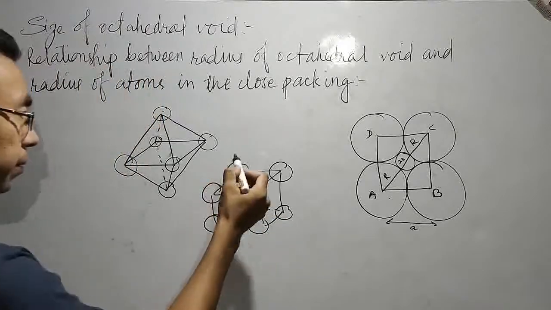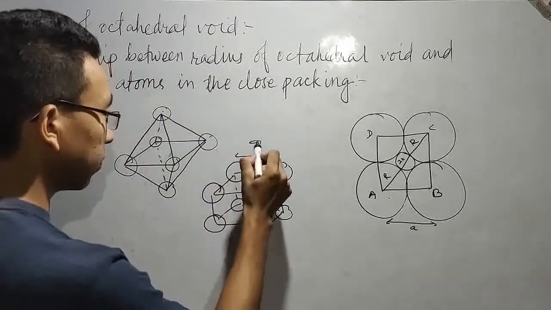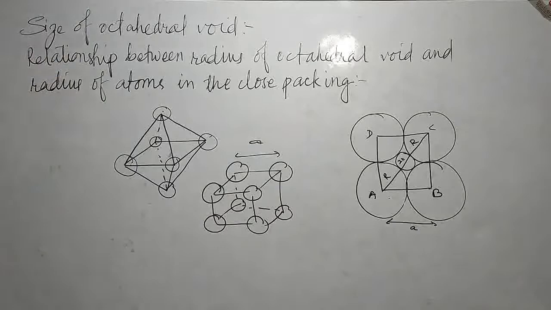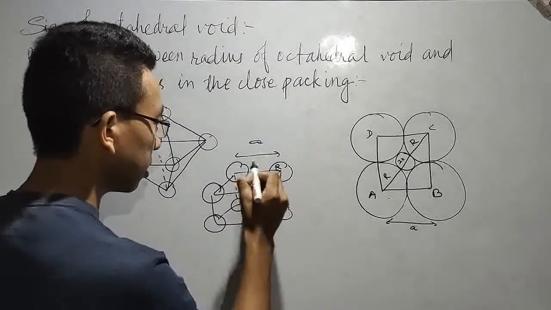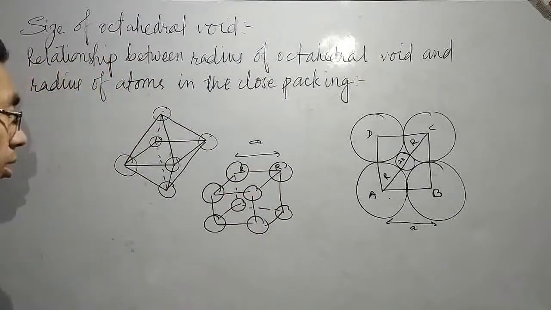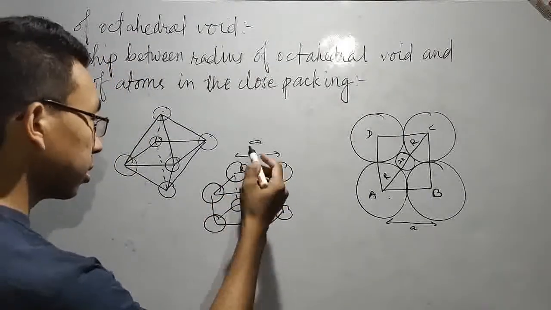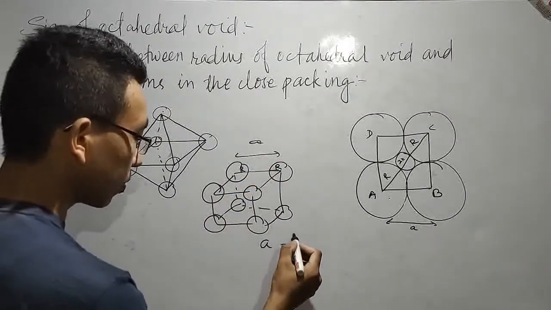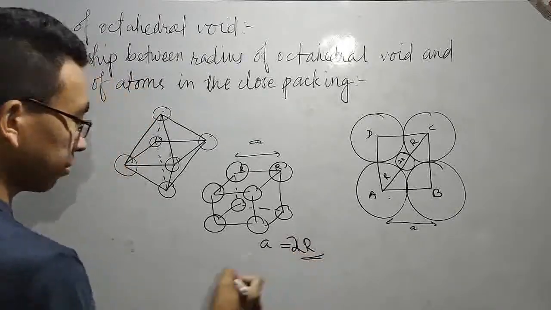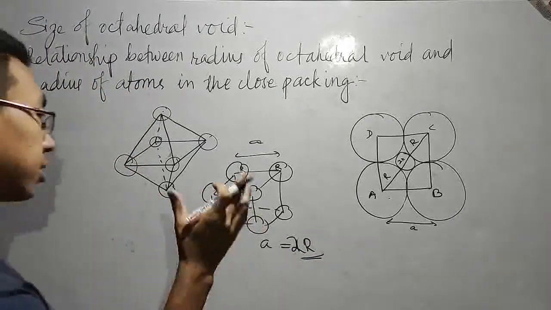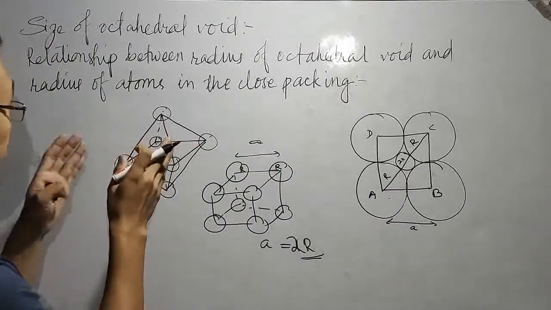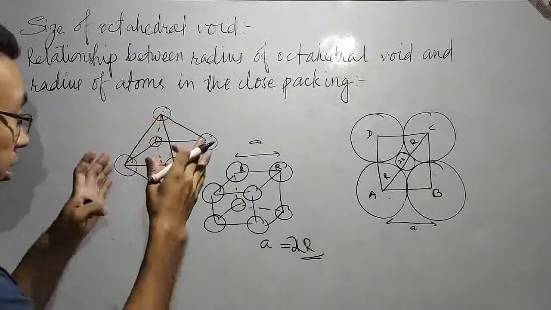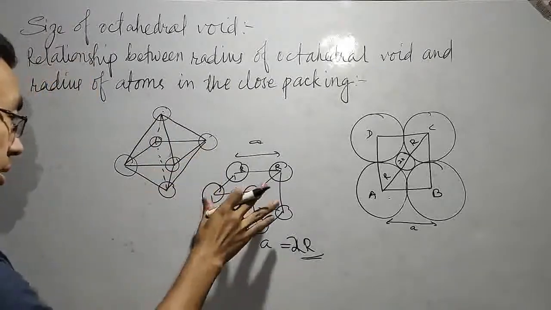Now the edge length of this unit cell is A, and this distance is R. Then the value of A is equal to 2R, isn't it? In the same way here also, for these 6 spheres, if we try to fit